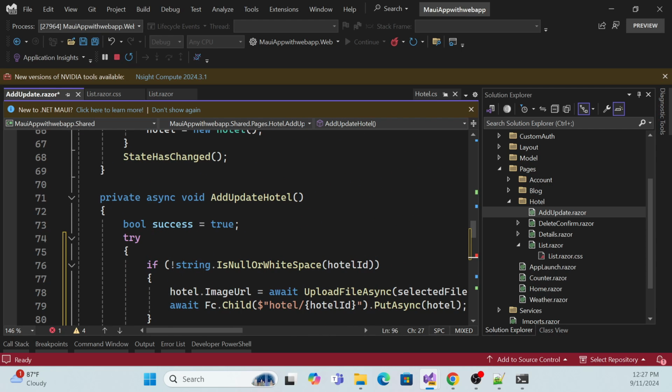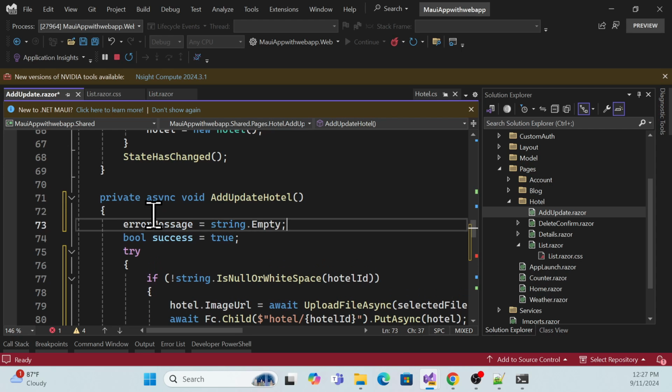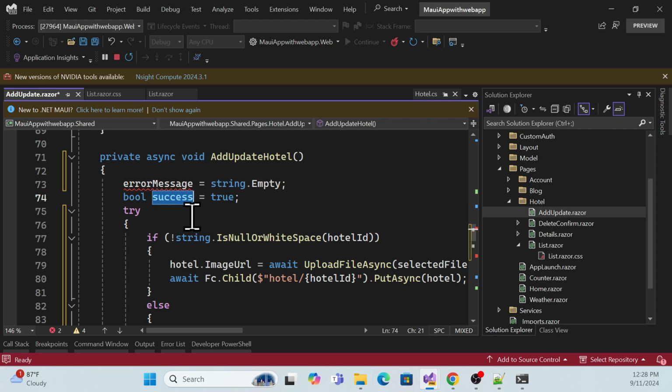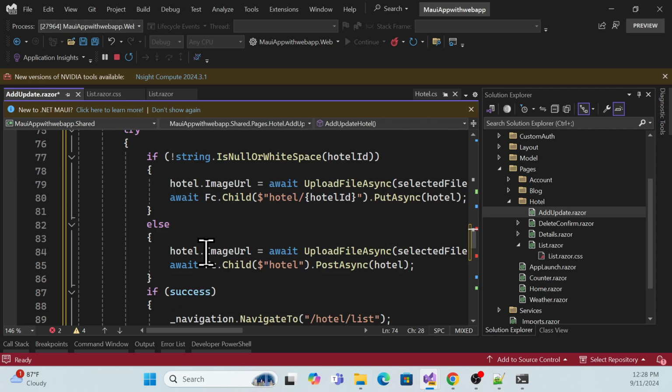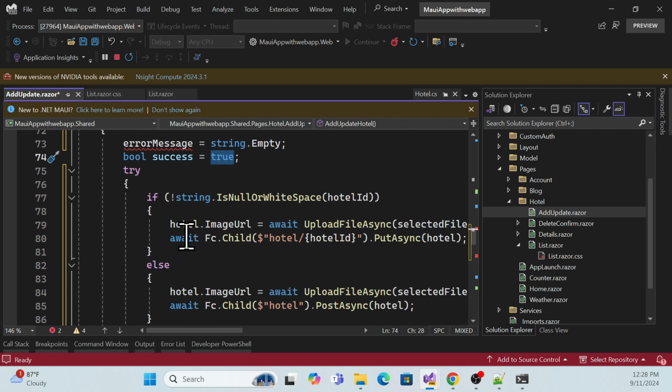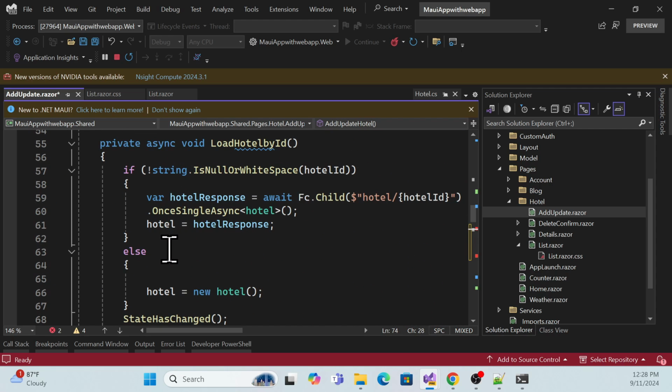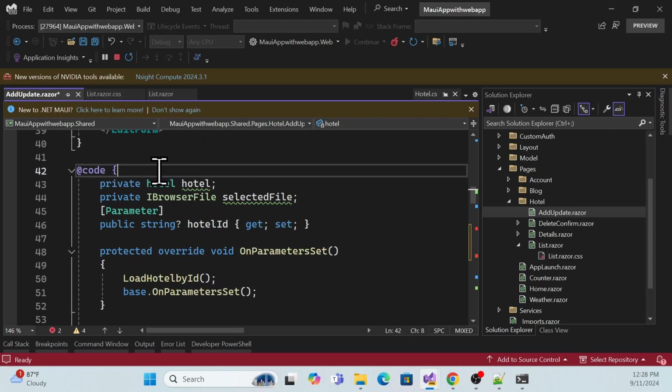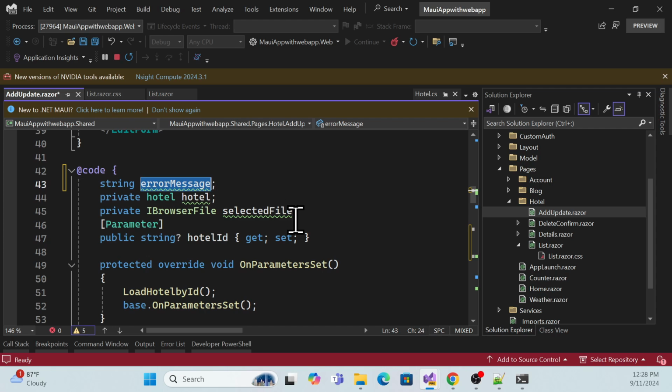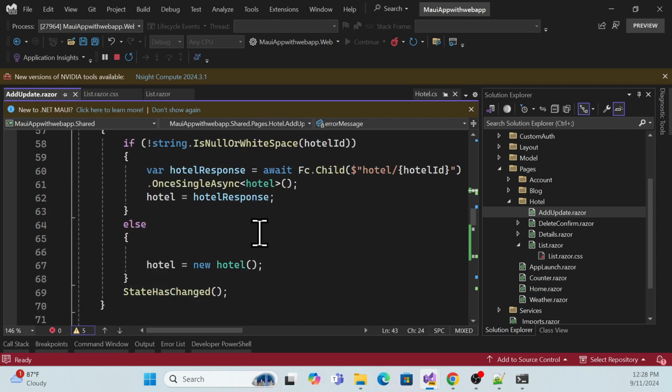And one more thing we have to do is initialize our message at the top, right? And one more thing: see, this success is true, so if it fails, we have not set it as false, right? So we will do that. But first, what I will do is declare that error message. Let me quickly declare that error message in the declare section. So here I simply declare that error message over here, and once it's done,